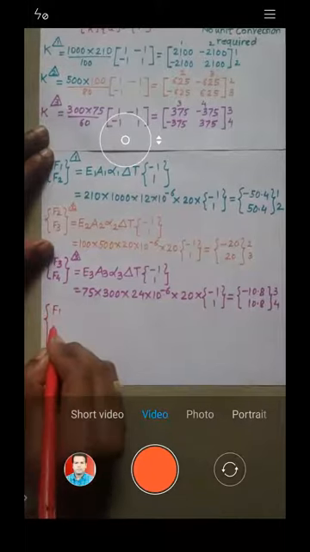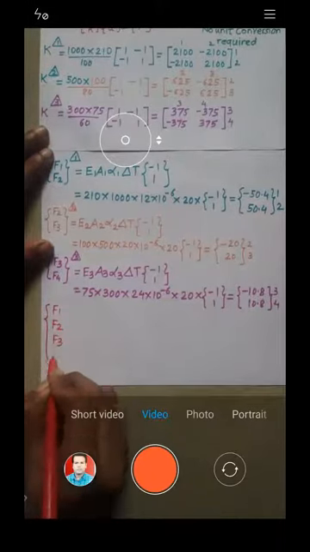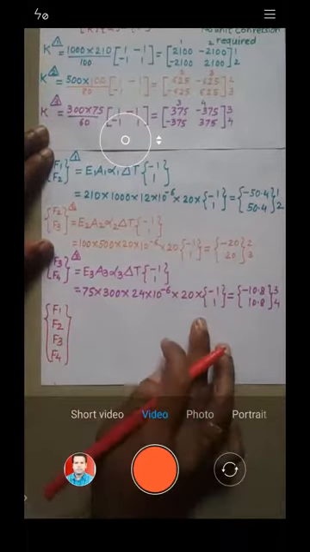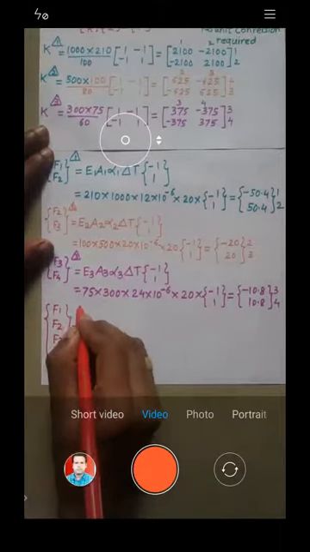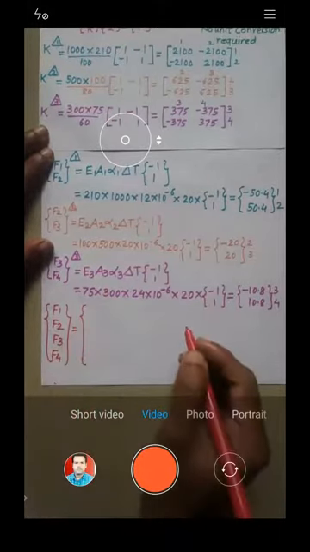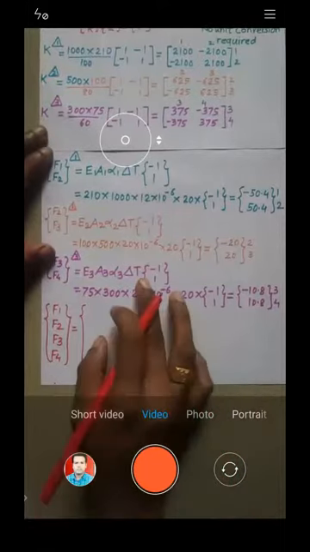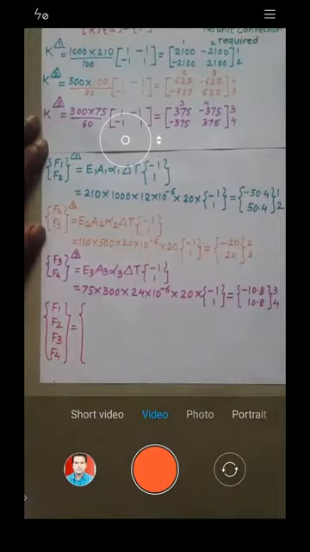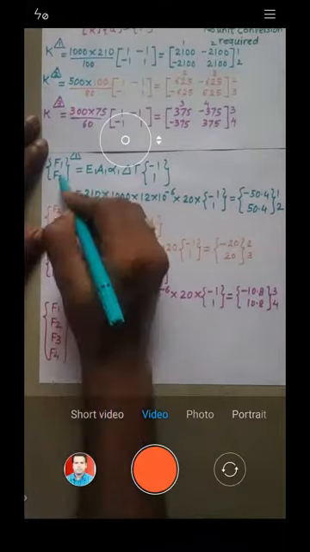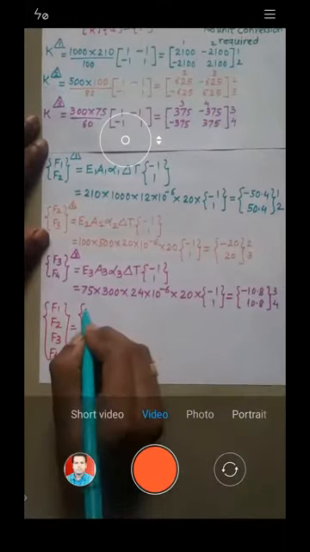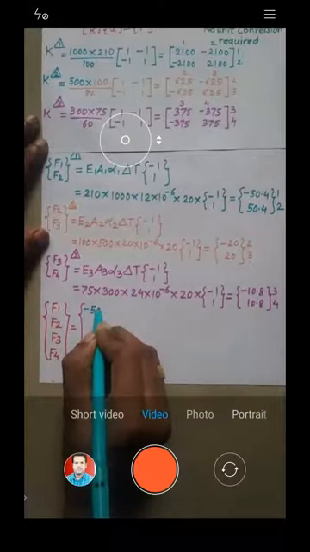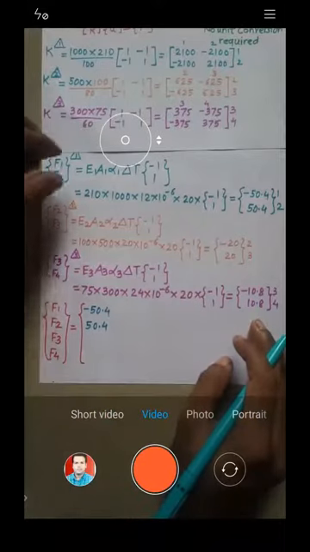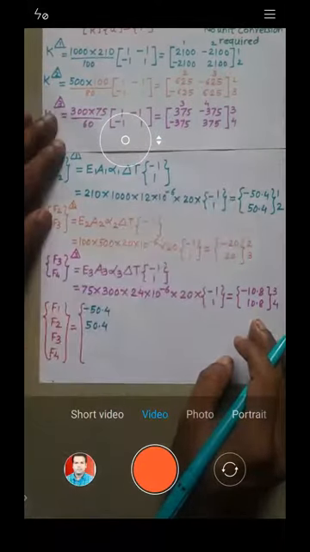So I'll write down that force column. That force column is F1, F2, F3, and F4. In the force column, what I should write down, just check it. We have just a single force column. So what is the value of F1 and F2? Just check it. Here it is minus 50.4 and 50.4, right? So this is minus 50.4 and 50.4. F1 F2, minus 50.4, minus 50.4. Now come back to this.